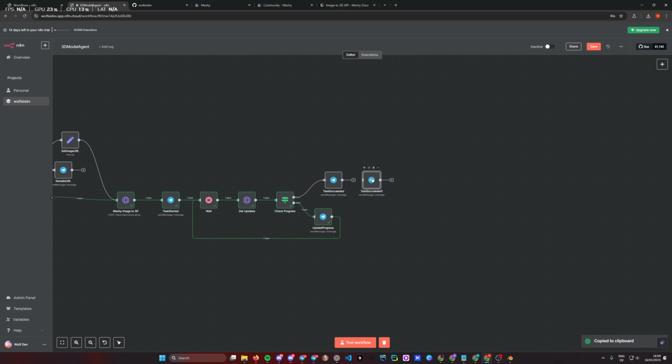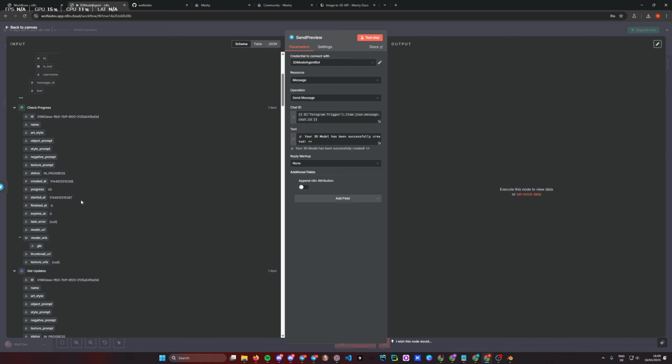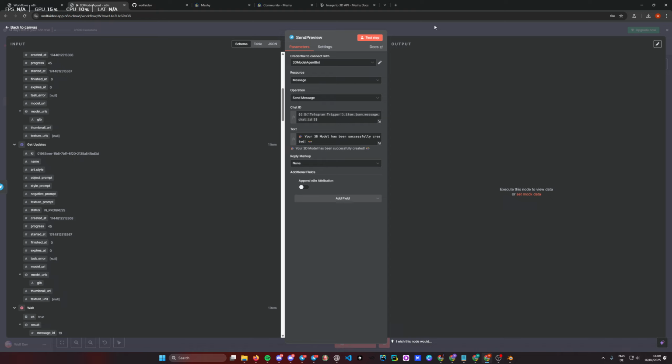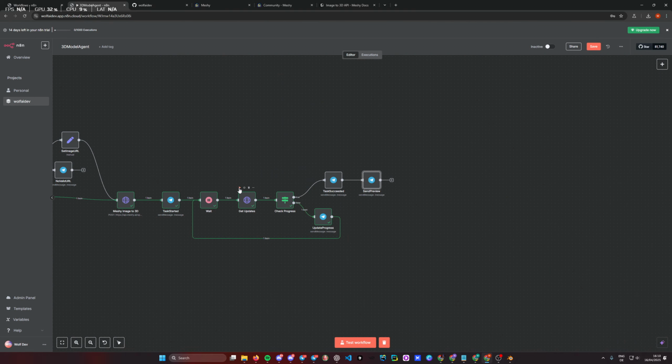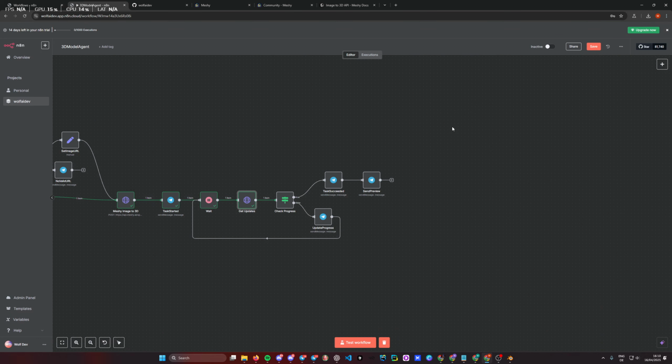So I'm going to continue to build this branch here, and now we just want to send everything that the user may be interested in, which is going to be how the image looks, right? So from our get updates, let me see. Well, we need this to finish first, so let me get the update again and see if it's done. It's still in progress, 55%, so we will just wait for a second. I can already build some of these things though,